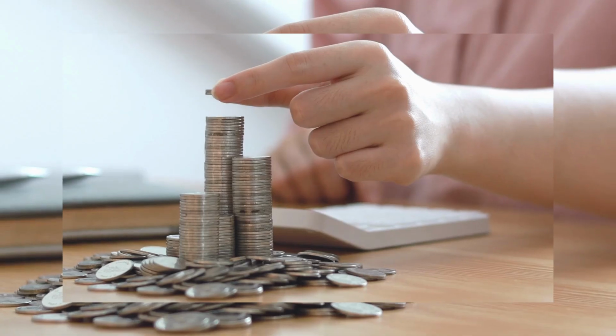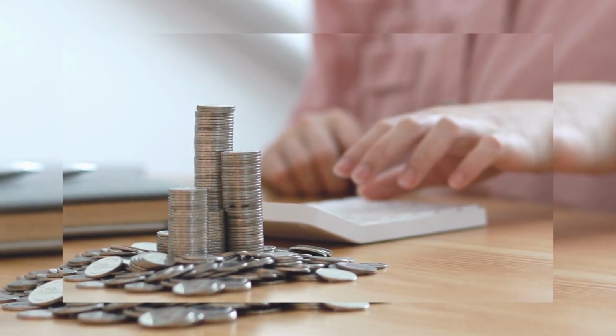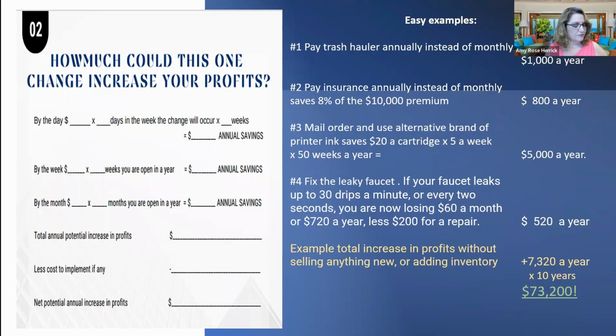Now, if I made a change and I looked at it and it said, wow, this is only going to change $50 a year. But if I'm going to do this long term, this could be 10 years. Now it's worth $500. Is it worth 1 hour of my time to save $50 or save $500? And now I have made sure that I am working on my program. And in working on that program, I know exactly how much it's going to save me and approximately what it's going to cost, and I can make these decisions quickly.